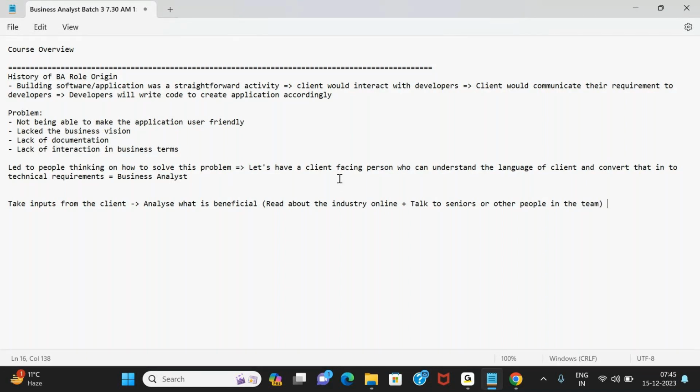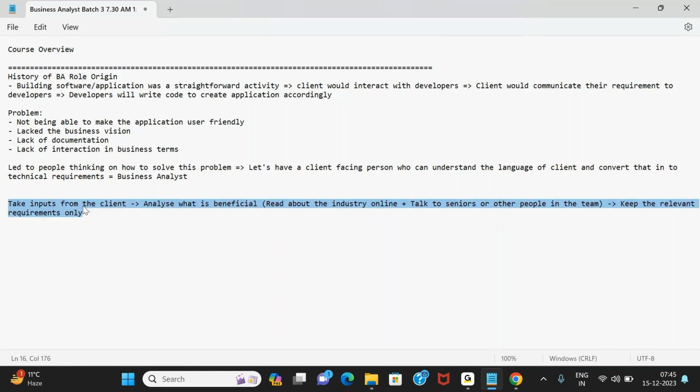Okay, and once you are done with analysis, then keep the relevant requirements only. So in future, as we go through the classes, we'll get into more details of